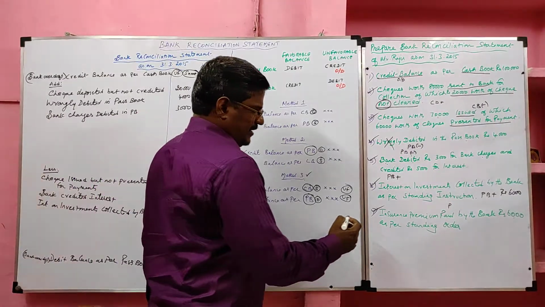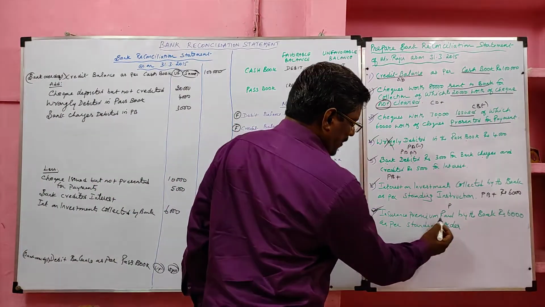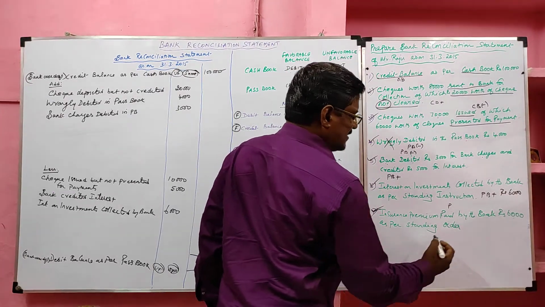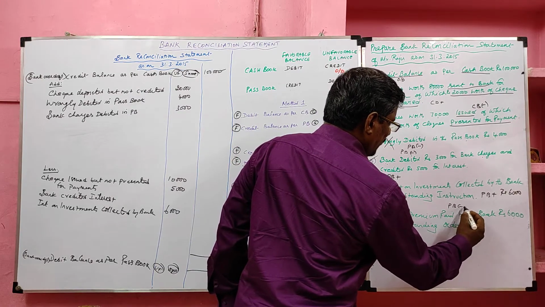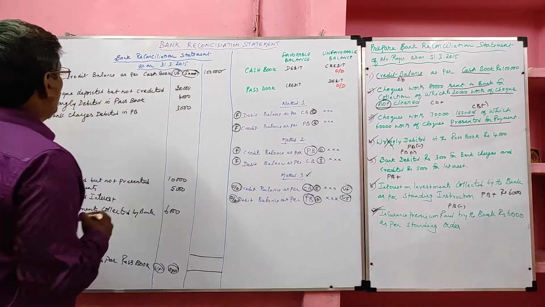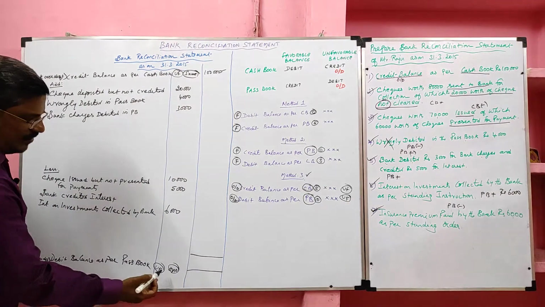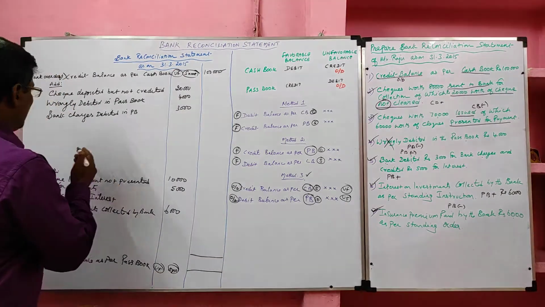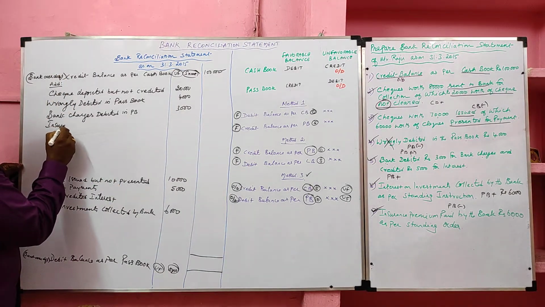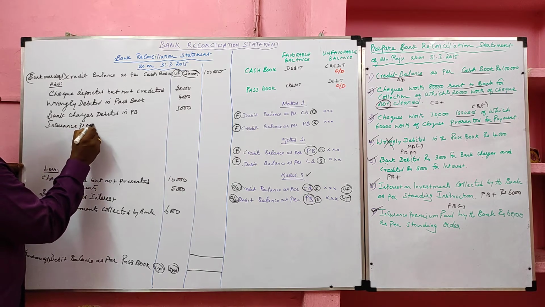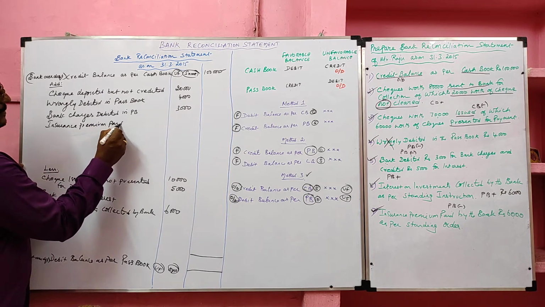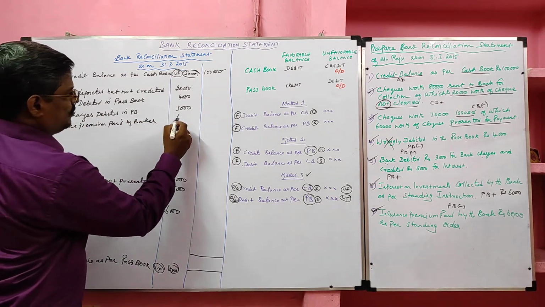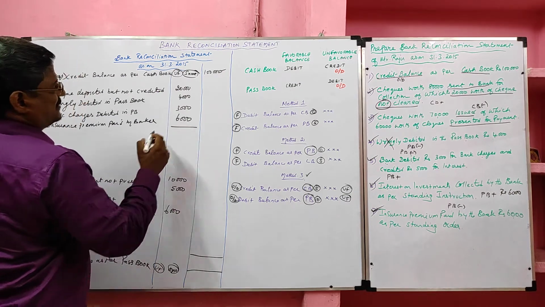Now we are going to see seventh one. Insurance premium paid by the banker rupees 6,000 as per standing instruction. Where did the transaction take place? It was in passbook, it was deducted. Here what are we supposed to do? Passbook is the ending point. For that we should give opposite effect. Already in passbook it was deducted, now we have to add insurance premium paid by banker. How much? 6,000 rupees. Now we'll balance it.